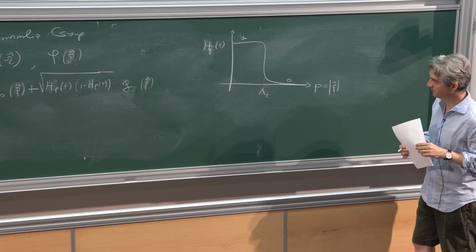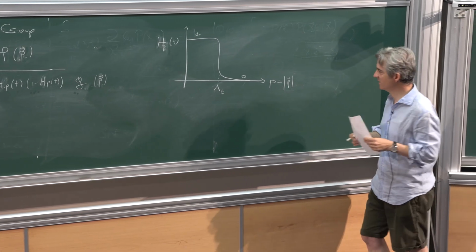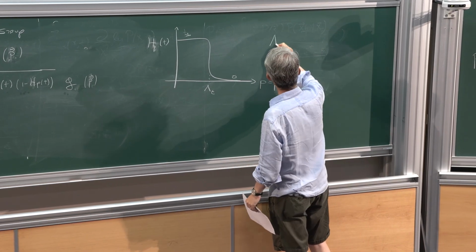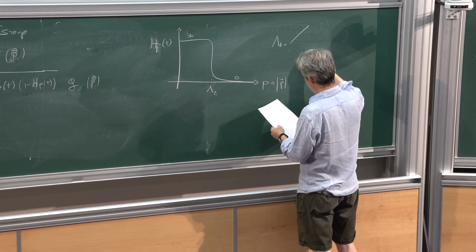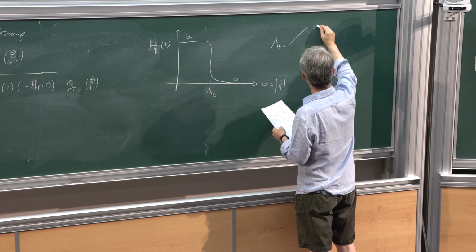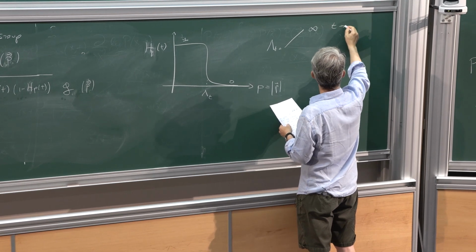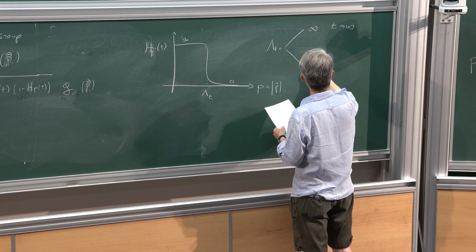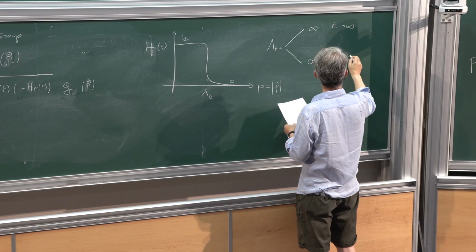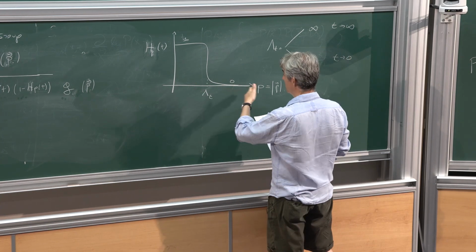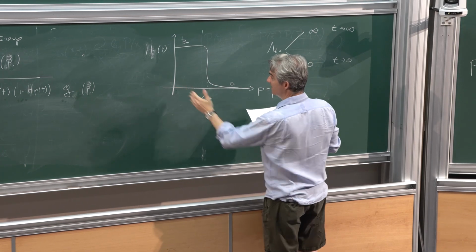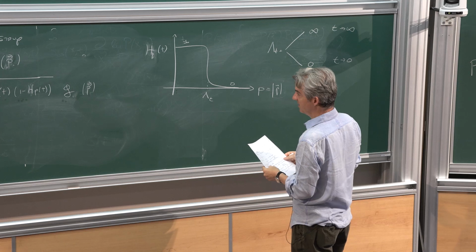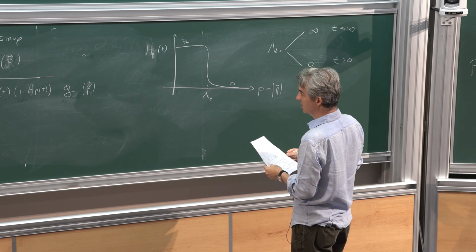And lambda of t is something that is going to be equal to infinity when t goes to infinity, and to 0 when t goes to 0. It's just moving. Let me see if I get it right. So now, when time t is 0,